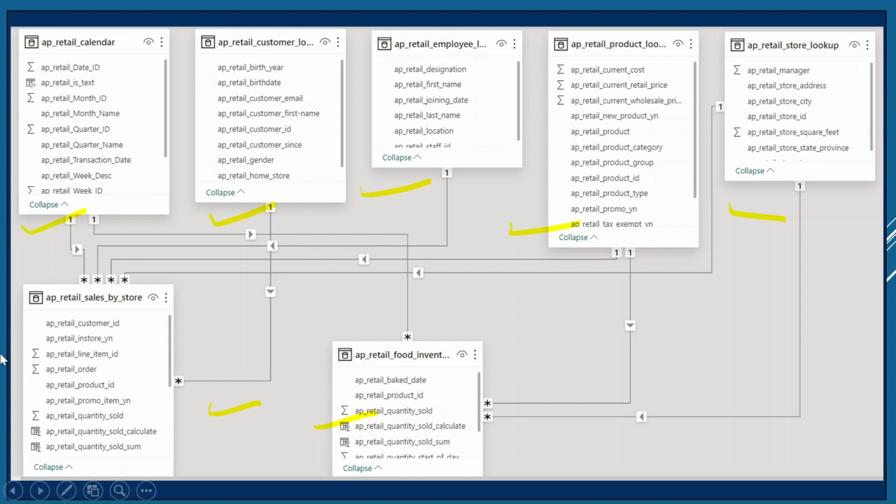That's why in AP retail sales by store, multiple records may be there associated with that particular employee ID. So let me create the relationship between AP retail employee and AP retail sales by store.